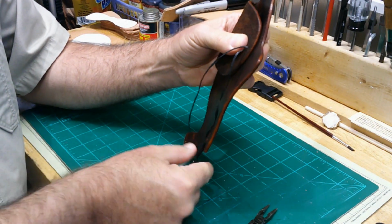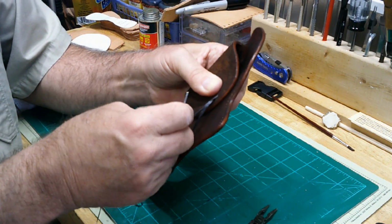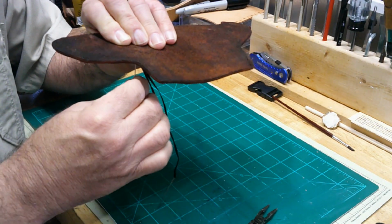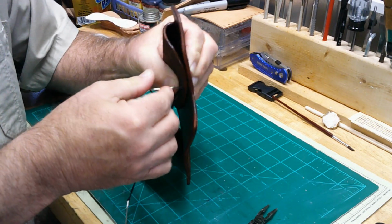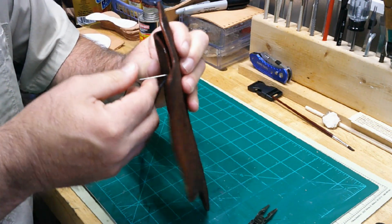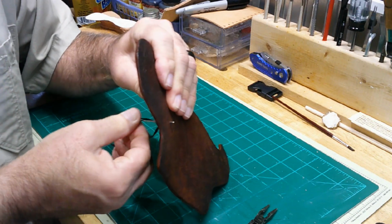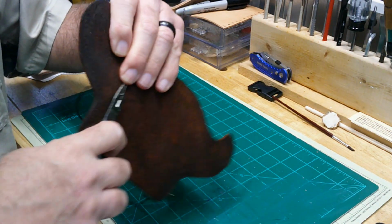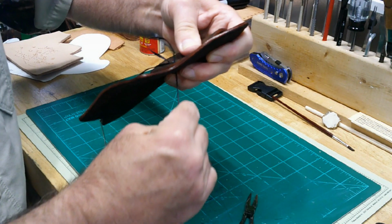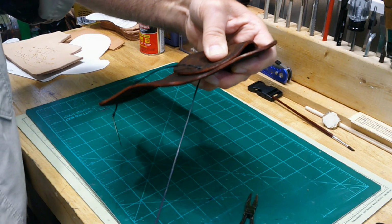Now remember, we're saddle stitching, so I'm going to take the second needle that's through this side, and I'm going to put it back through that same hole I just pulled that needle through. And then this is where it gets a little tricky as far as matching up the first couple of holes. And again, you can pull that back just a hair if you need to see, because it's not locked in yet. It's not going to be locked in until about the second stitch. So let's pull that through that same hole,